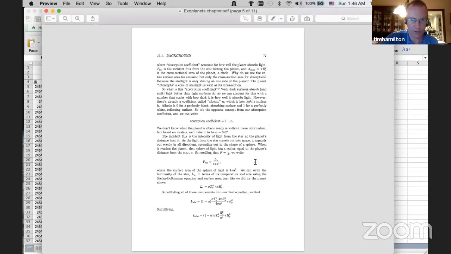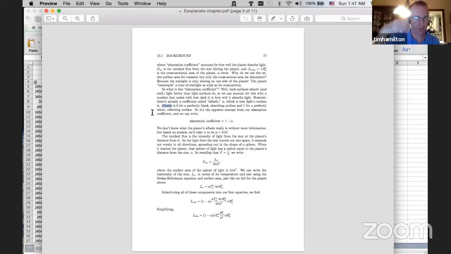Okay, and I should put some diagrams in this chapter here. Anyway, we work that out then. The luminosity of the star, what it emits, depends on its temperature and its radius. That's why we looked up its temperature and radius. And what is absorbed by the planet is simply the fraction of what I told you, but modified by alpha here. What's that? Well, there's something called albedo.